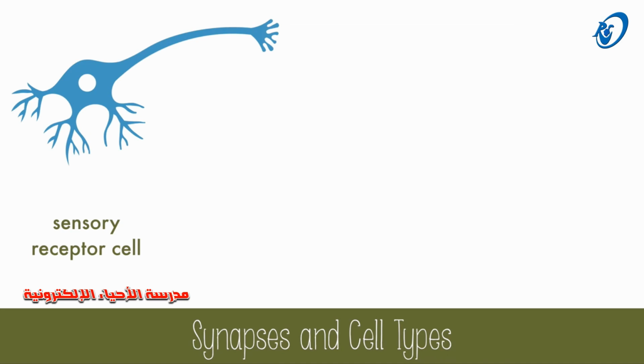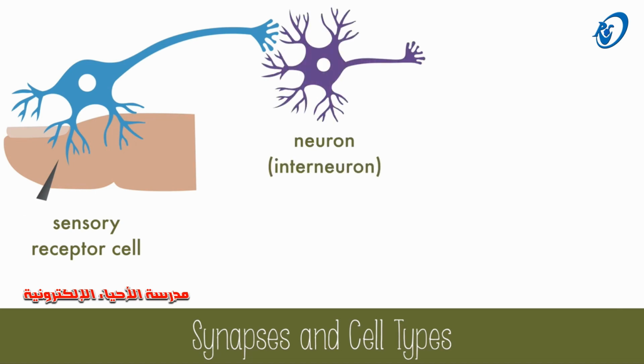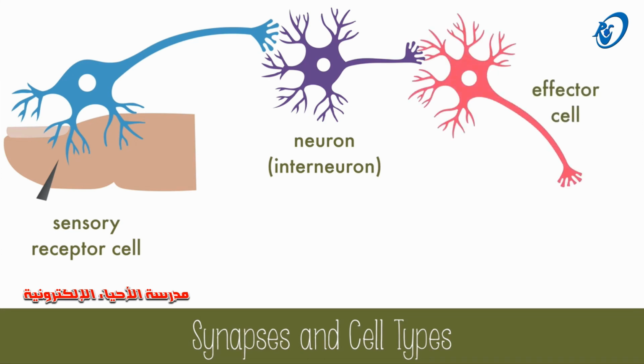This sensory cell is connected to the skin and will pick up pain sensations. The pain message may be sent to another neuron that could be part of the spinal cord or brain. These intermediate neurons are also called interneurons. The message can then be sent to a cell that will have an effect on another cell, so they're called effector cells. In this example, the effector cell is going to signal a muscle cell, which would move this area of skin away from the source of pain. These three cell types together make a simple reflex arc, going from sensation to the central nervous system to an action.